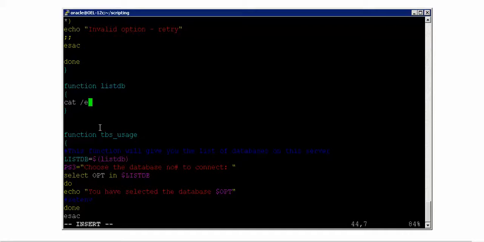Just cat /etc/oratab. In this, grep everything which is beginning with comments. That's what we saw. And then again awk. Let me actually show you that, awk followed by this one, FS equals whatever is separated with colon, then print basically $1.